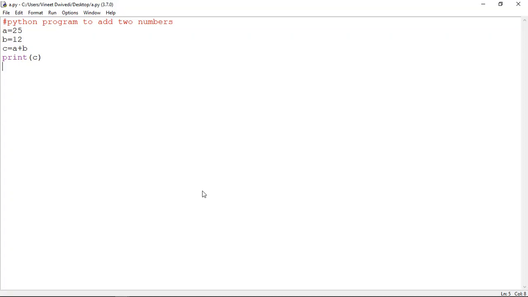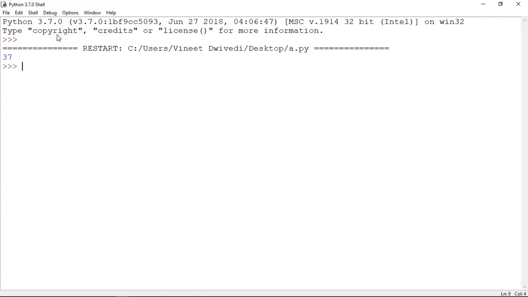Now the code is saved and we can run the file. You can run this file directly with F5 also, but right now we are taking it from Run. So Run and then Run Module, and here you see the output as 37. Why 37? Because we have given the inputs accordingly and the result was given with the help of addition of these two numbers. So in this case we took the input directly from the user.